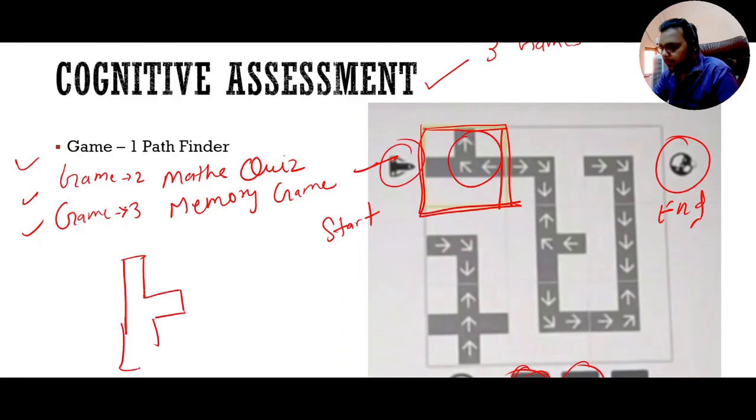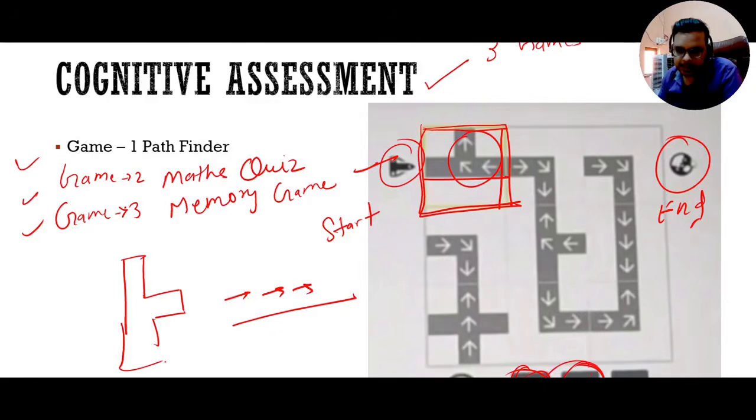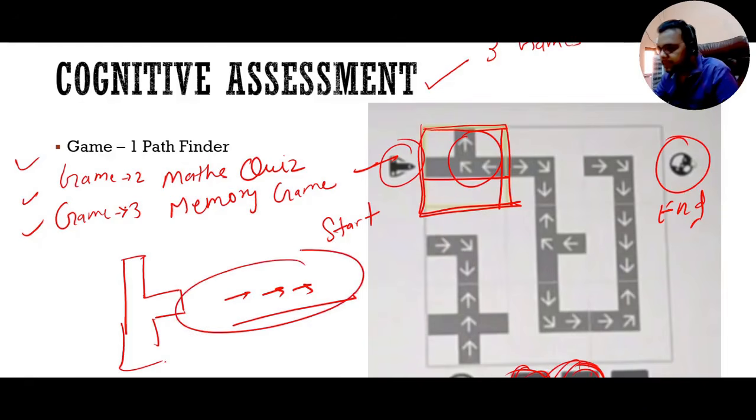But we want an actual path like this only, like arrow, arrow, and arrow. We want three arrows right here, right? So we will use this change direction button. This change direction can change the directions of the arrows. Using this, we can change the direction of the arrows, and the arrows can be in multiple directions, but we want this state. When you click it like 2, 3 times, it will come in this state automatically.